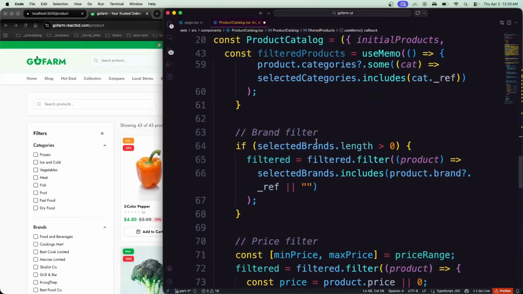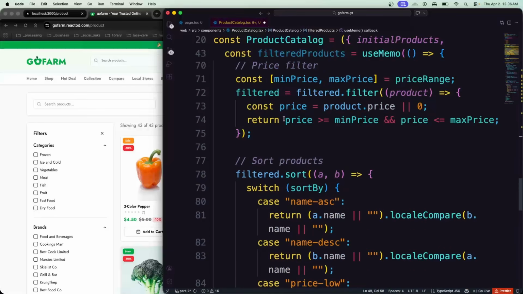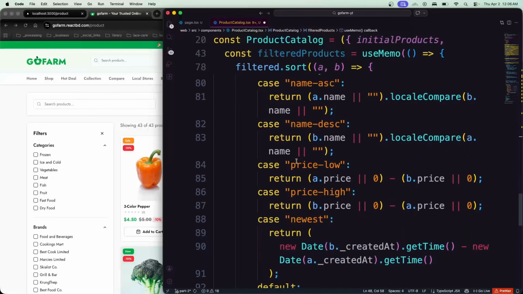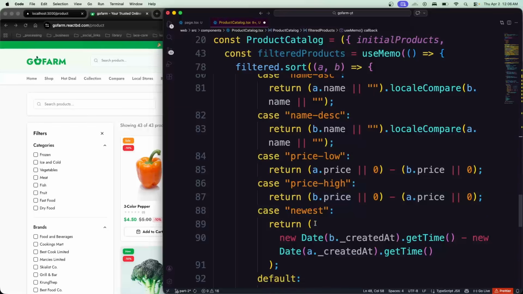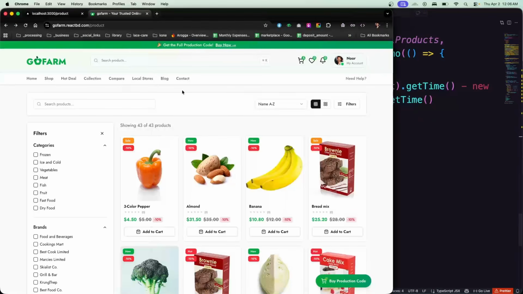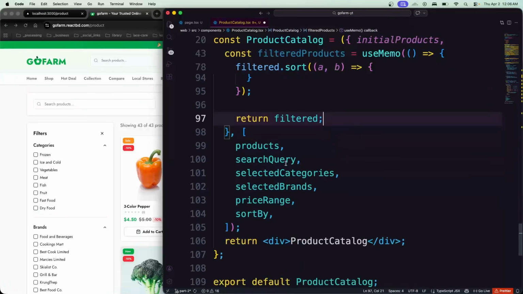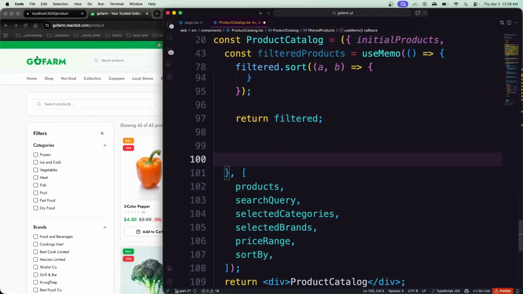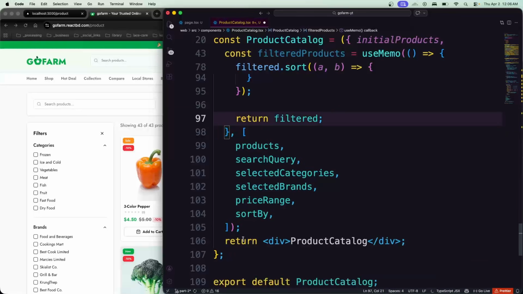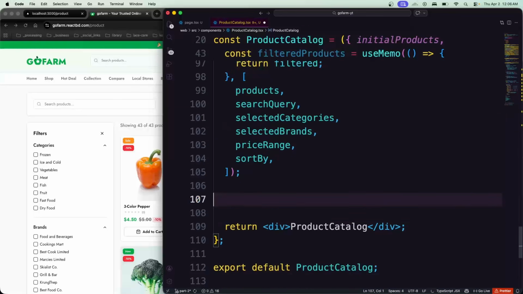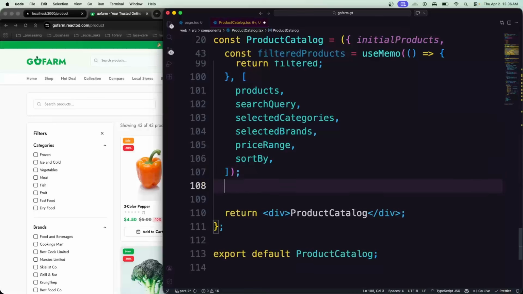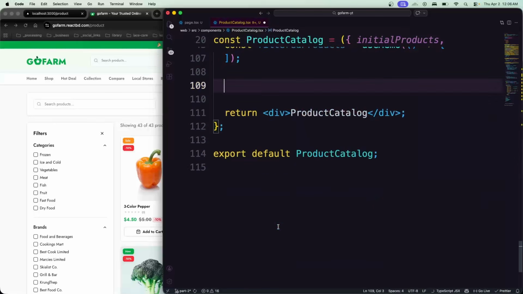We're filtering the category, we're filtering the brand, we're filtering the price, and sorting the products according to name ascending, descending, price low, high, newest. So this is what is actually happening once we click those scenarios. So now you have the idea, and that's the dependency array which we are passing. Again, it may look a little bit shaky, but this is a very good way to build whenever you are doing this kind of